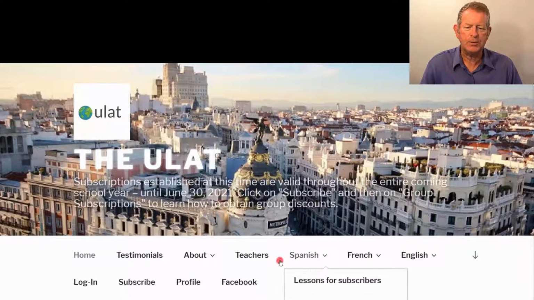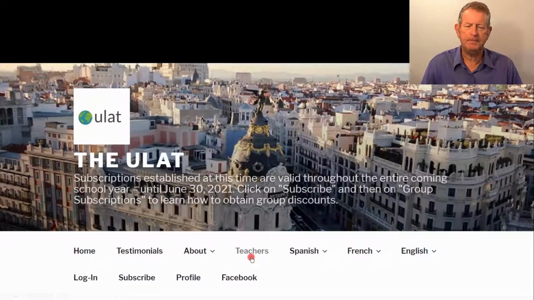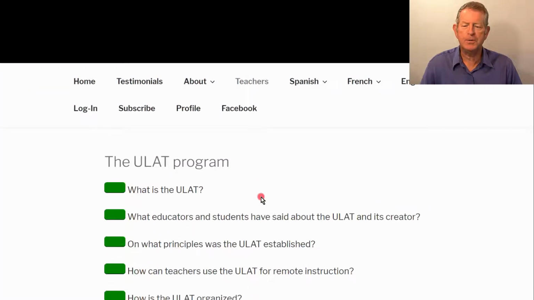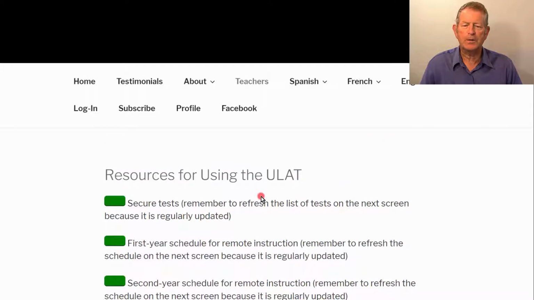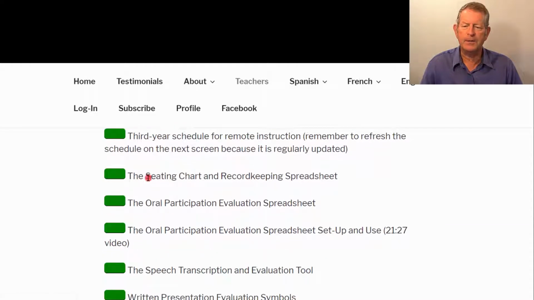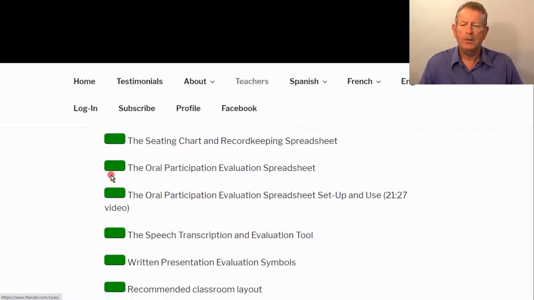Here we go. You're going to go to the teachers section of the website. There we are. We're already there. Scroll down to resources for using the ULAT. And by the way, this one right here, the seating chart and record-keeping spreadsheet, if you click there, you can download the sheet about which I spoke in my last video. Well, here you have the oral participation evaluation spreadsheet, which you also can, and we're going to download at this time. And here you see the link